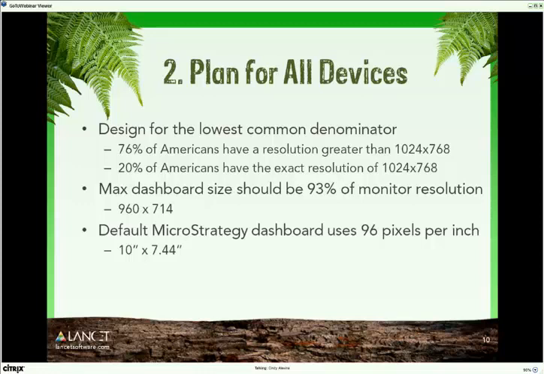That's part of the challenge with this design, especially with web and desktop. So if you can't get a specific number, you're just going to have to guess. And I would start at 1024 by 768 as the monitor resolution, which would be about 10 inches by 7.44